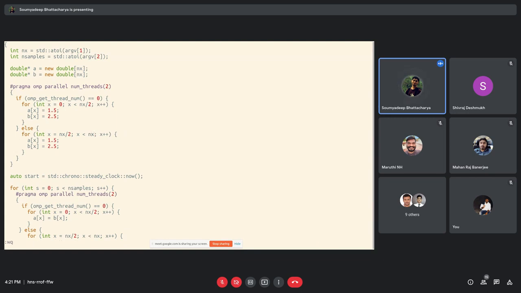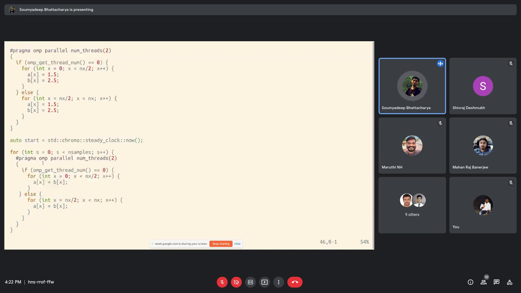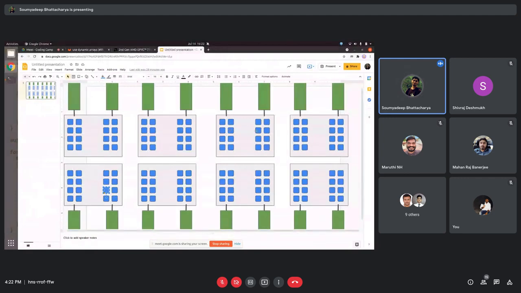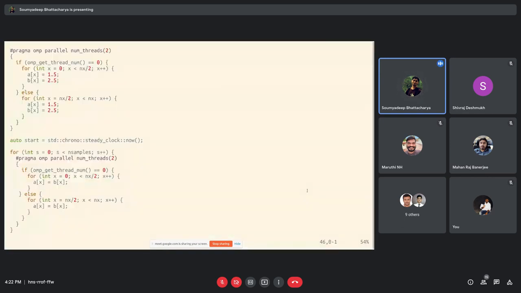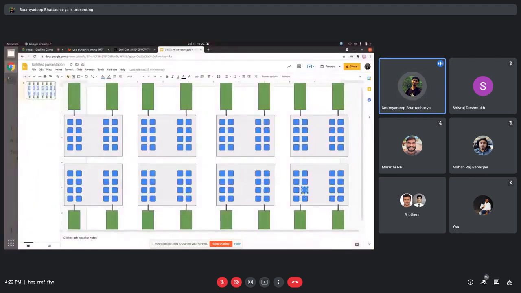So now let's see if that helps. The only thing is, these are two separate parallel regions. There is as such no explicit connection between these two parallel regions. So what the OS, if you leave it up to the OS, might decide is, okay, fine, for this parallel region I'll put the threads here and here, and for the next parallel region I'll put the threads here and here. Again, this whole parallel initialization won't help you at all because you'll be fetching data from here and there